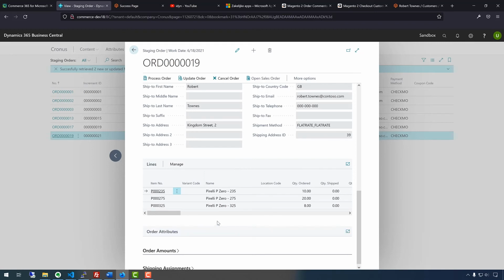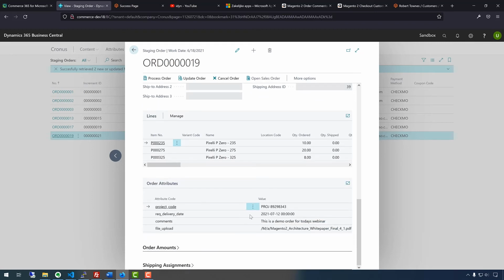But here, order attributes, that's what we were after. See, here's our project code, here's our requested delivery date, here's those comments we put in, and here's the actual link to the file upload, or at least we get half a path. This is how Magento stores its files, but nothing to worry about. We'll just convert that into something readable in a minute, because what we do, of course, at this point,